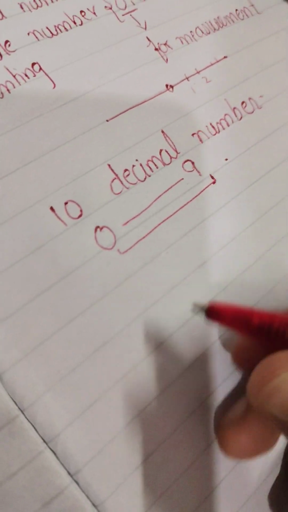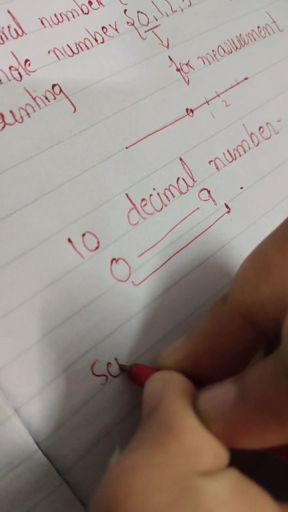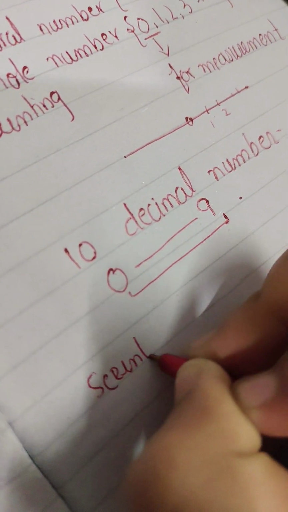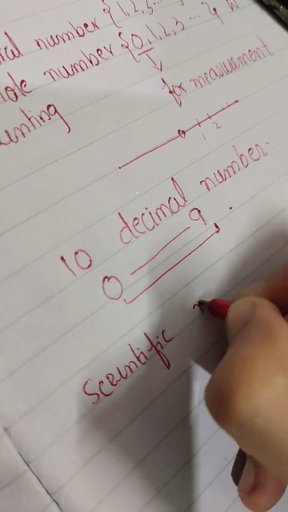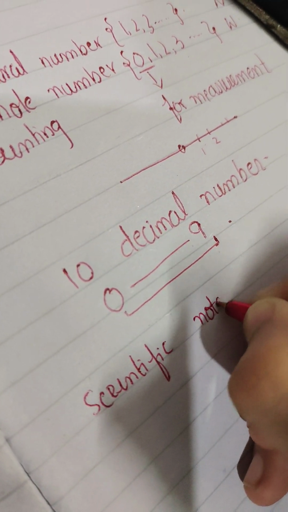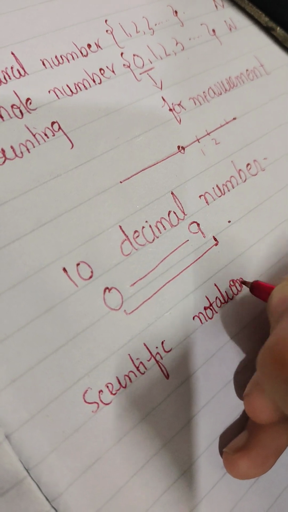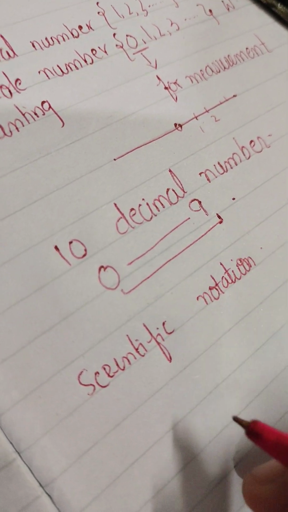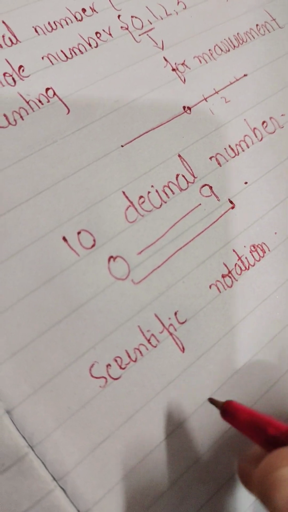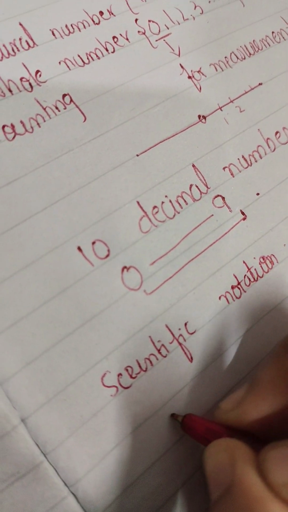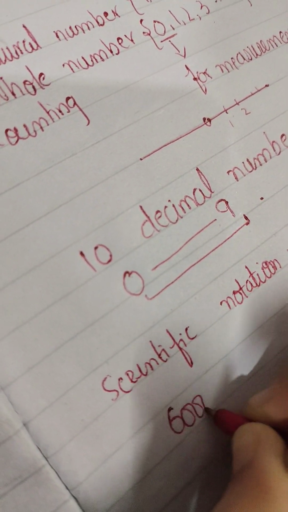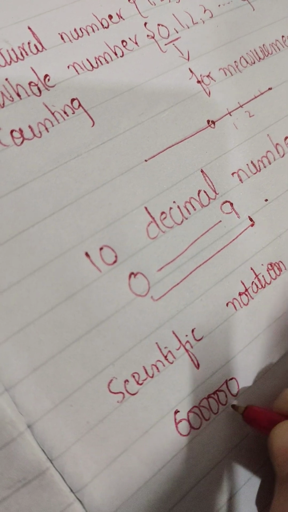Now let's talk about scientific notation. What is scientific notation? And why do we use that in our life? Scientific notation is for concising, or making the value in a short form. For example,